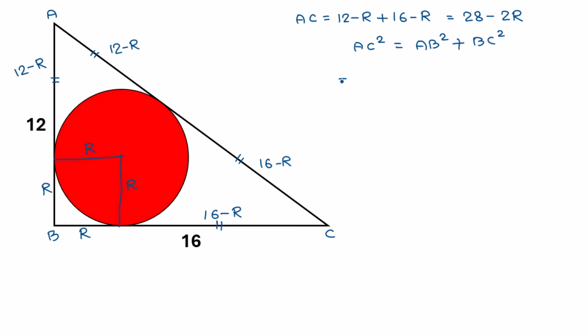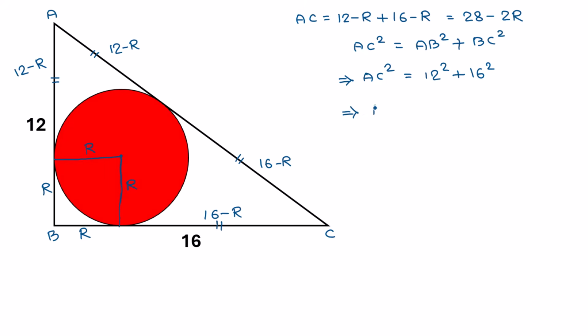Now substitute the values of AB and BC, and we will get the value of AC. So AC square is equal to AB, this is 12 unit, so 12 square, plus BC, this is 16, so 16 square,